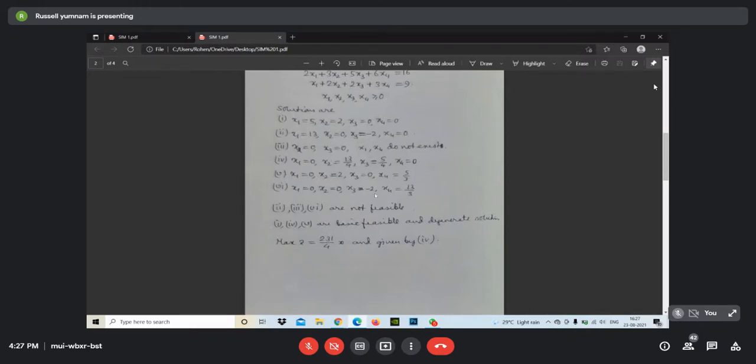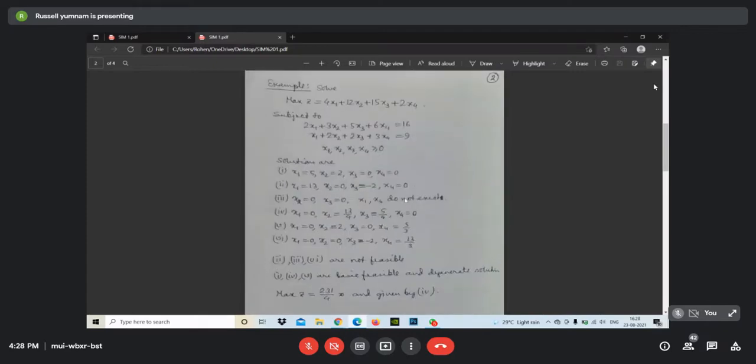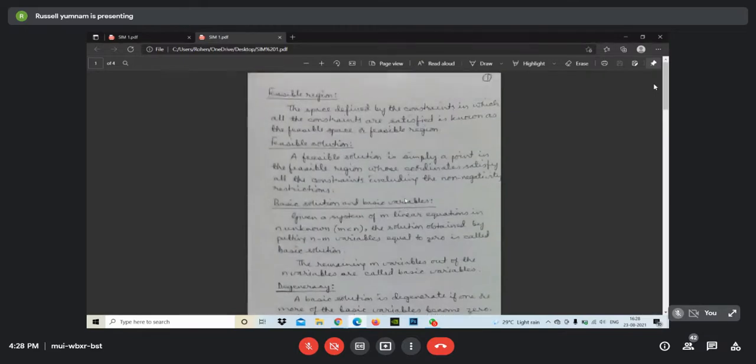X1, X4 does not exist. It is not in this case. Suppose here in our case we are taking 2 variables 0, but in the solution we are getting non-zero. But in the solution itself we may also get some 0. That type of solution is given another name. Let us see from the definition now.